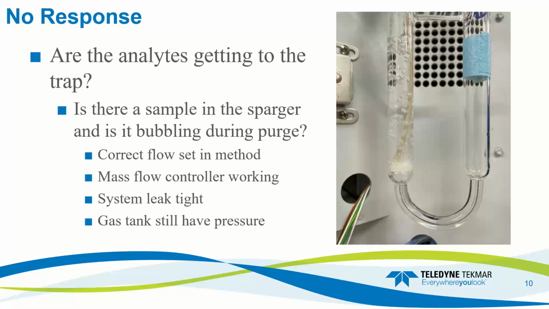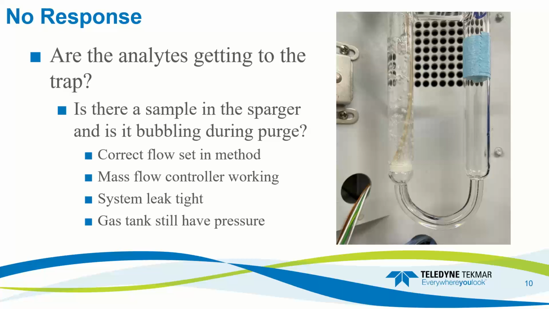Do you see bubbles in the sparger, for instance? If there's no bubbles in the sparger, do a leak check. Once that passes, make sure that your flow is set correctly for your method. Typically, EPA methods have guidelines for this, like purge at 11 minutes at 40 mLs a minute. It's pretty standard across the US. If you don't see those bubbles,